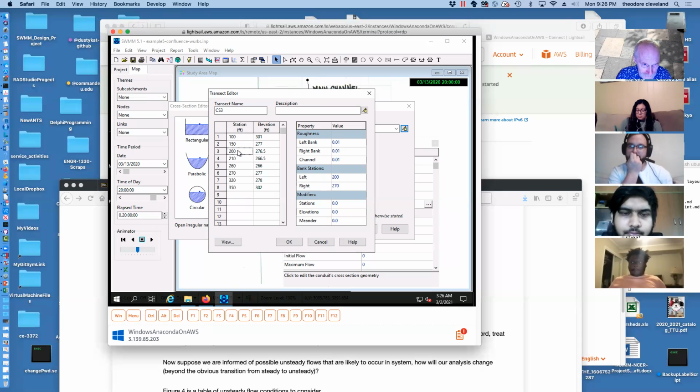Copy that. Paste, good, that worked right. 125, 290, that's where we're going to start our bridge abutment, and we're going to take it all the way